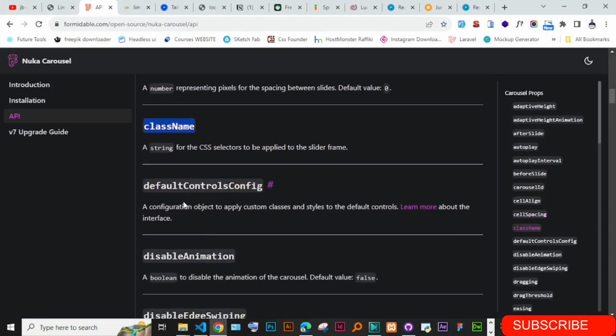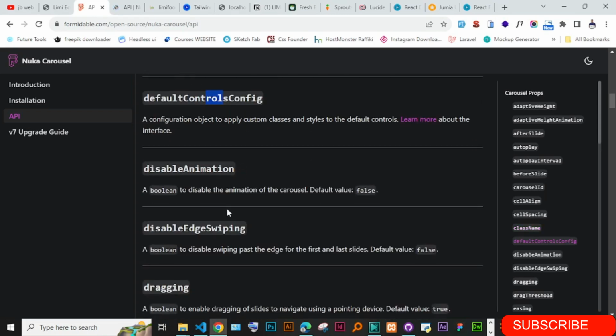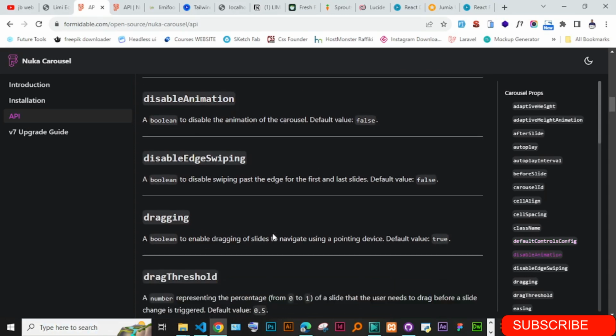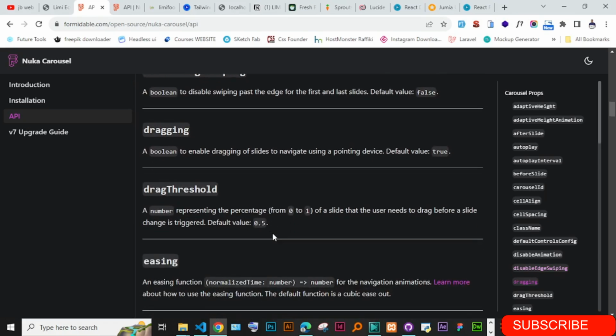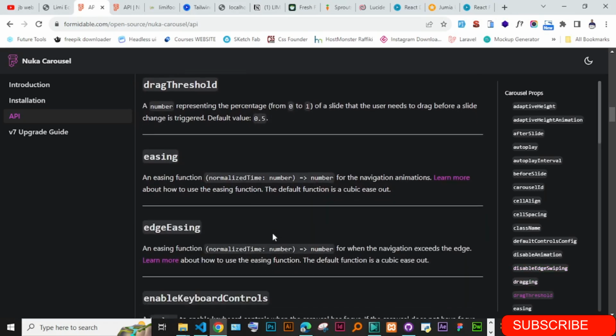Default controls config, a configuration to apply custom classes and styles to the default controls. Okay, so this one is nice. I would want to know the default config, because I would want to style these controls differently. Okay, disable, a boolean to disable animation on the carousel. Default value is false. Okay, dragging, it is draggable already. Easing,